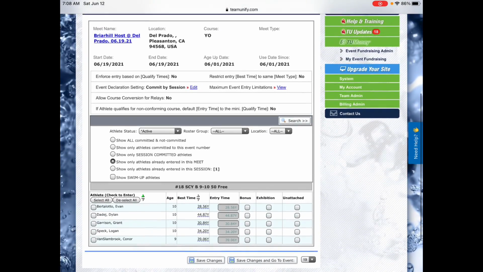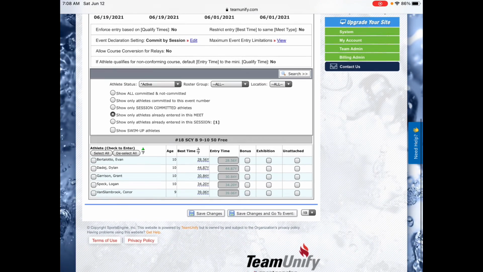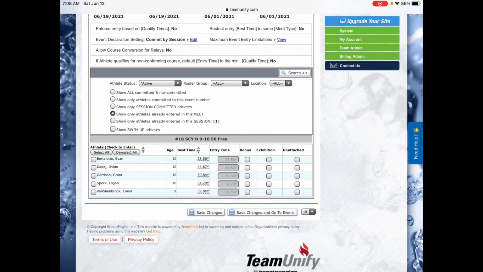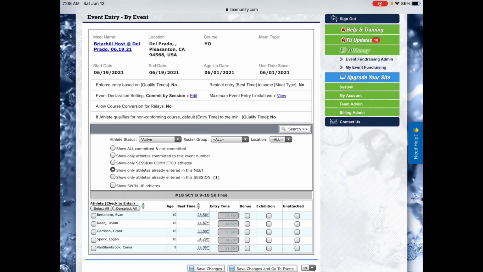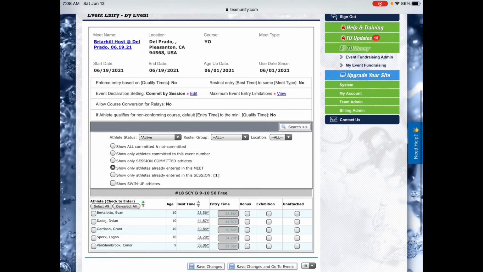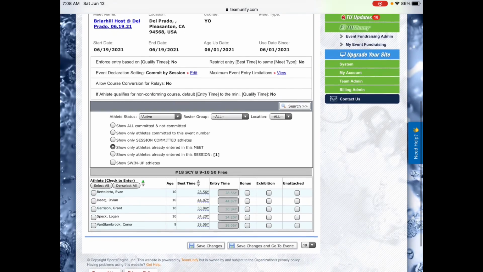Once you've put the kids in, coaches in the past have usually focused on their fast ones that are going to get points. So they're focused on Evan and Grant and making sure they've maximized where they want to put them. Then they look through the rest of the kids and make sure the other kids who aren't necessarily going to get points get into 3 swims. But whatever works for you, just make sure you get each kid into 3.